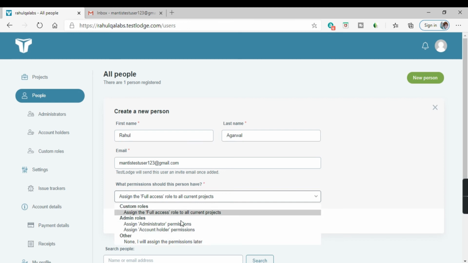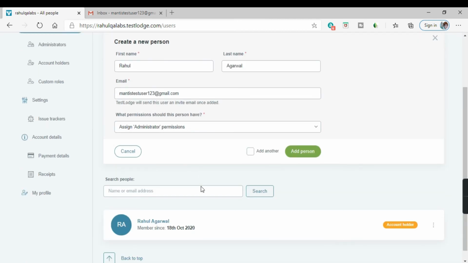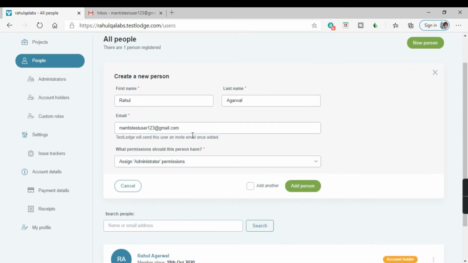So whichever option you want, you can use it. For example, as of now, I want to assign the administrator permissions, so I will select the admin role, assign administrator permissions. We have filled all the details, so just click on add person.